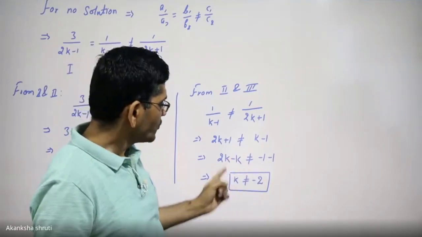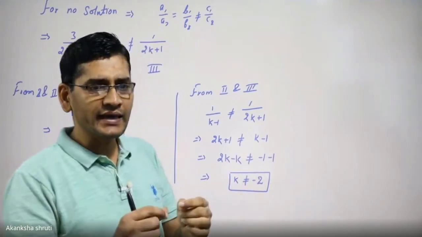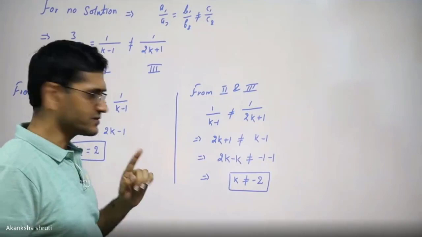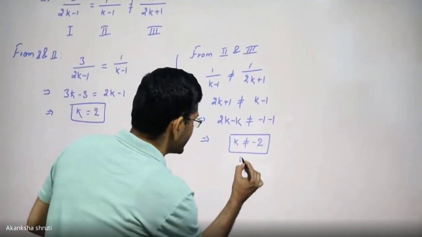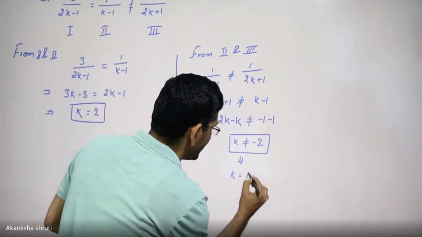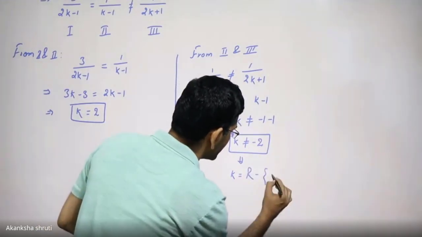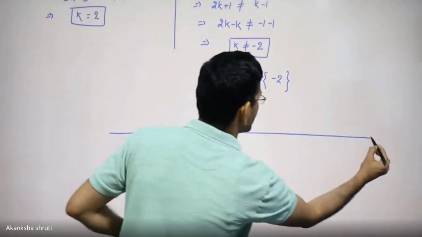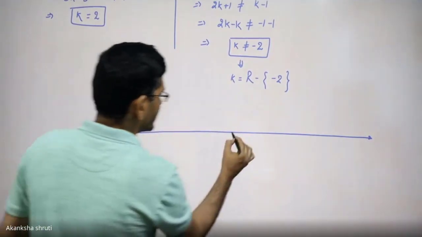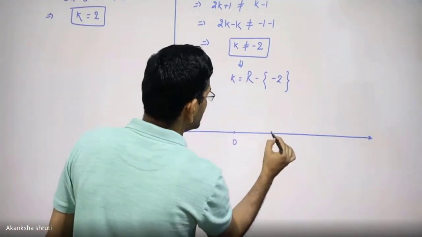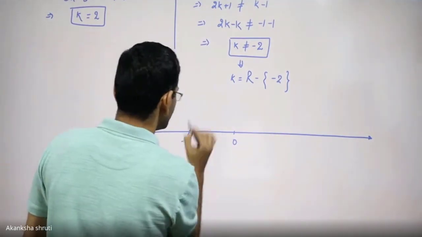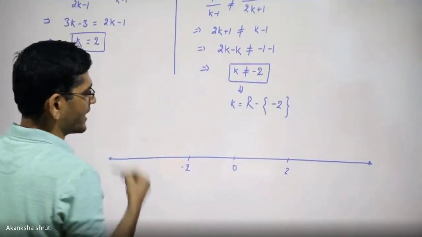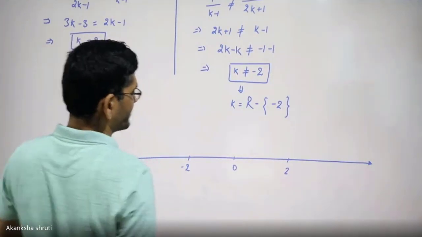It means excluding this minus 2, k can have any value for which the second part is satisfied. This tells you that k can be any real number in which this minus 2 has to be removed, or on the real number line you can understand conveniently. It is our 0, 1, 2, minus 2 and 2. 0 is just at the origin, and this is the minus 2 that I have placed, and this is the 2 that I have placed for k.